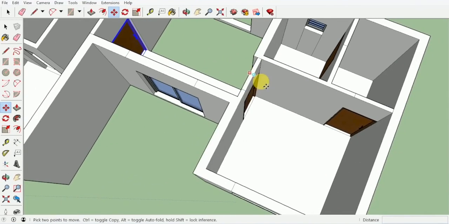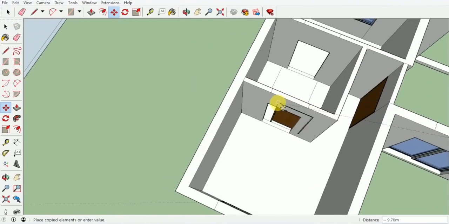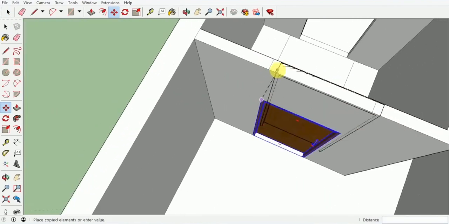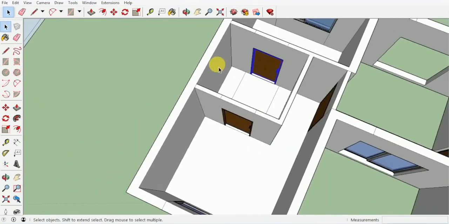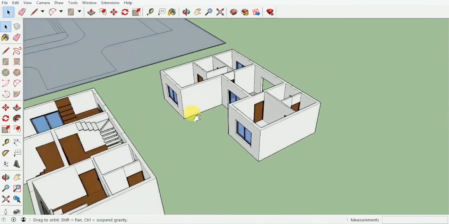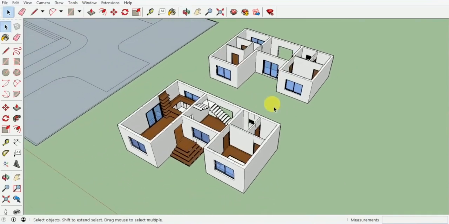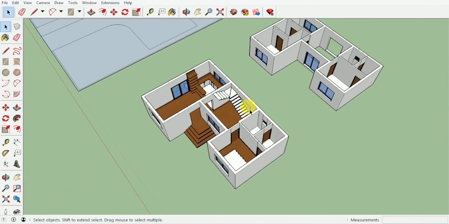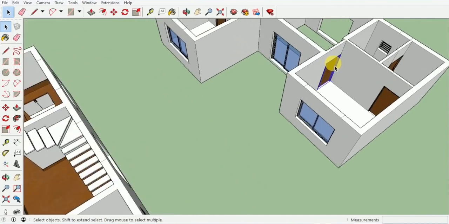Now I can easily select this door and place it into this master bedroom area over here, and similarly over here. If you wish to use different types of doors, you can even go ahead and do that. Now once you guys are done with this much, we will go ahead and place the main door,